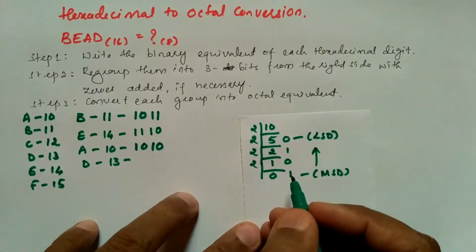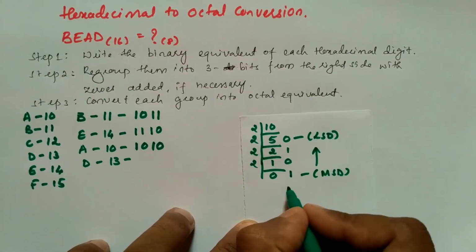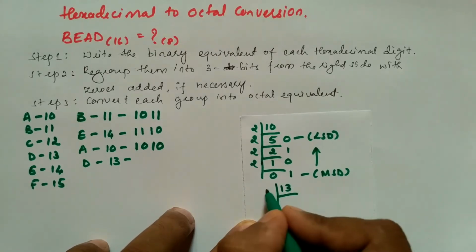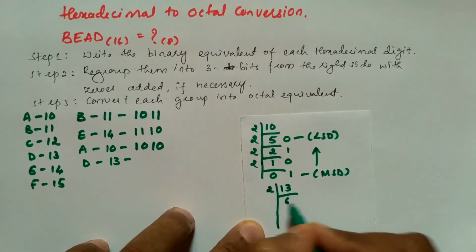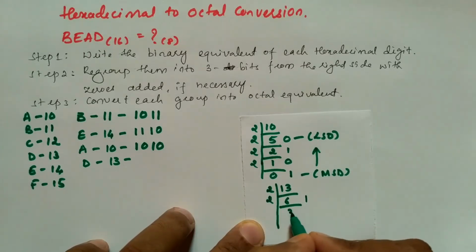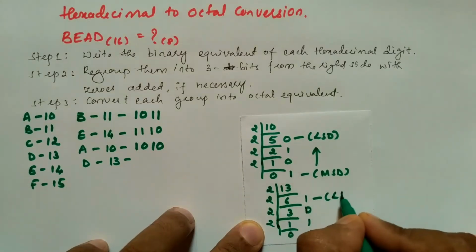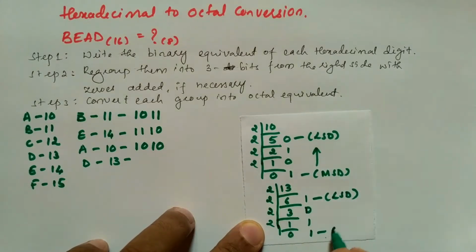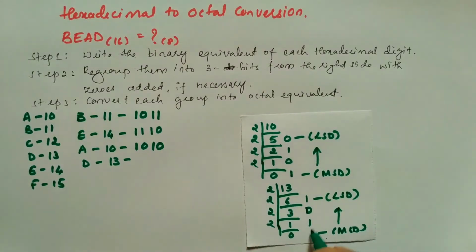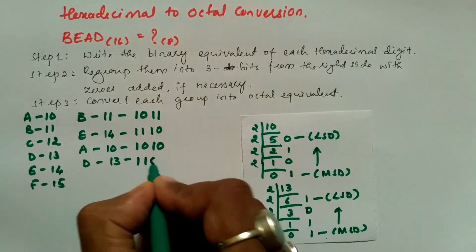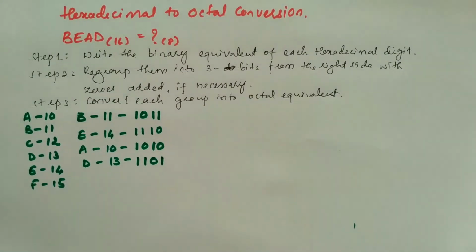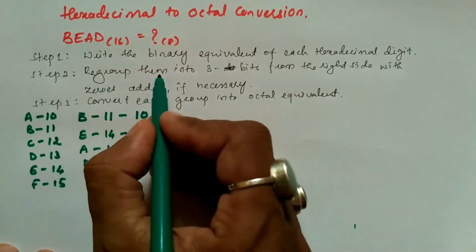Now we'll convert 13 into binary. I'll write 13 here and divide this number by 2. 2 6s are 12, 1 is the remainder; 2 3s are 6, 0 is the remainder; next 2 1s are 2, 1 is the remainder; 2 zeros are 0, and 1 will become the remainder. So this is the least significant digit and the last remainder is the most significant digit. So we'll have to write from MSD to LSD. So 1101. Here 1101 represents 13.